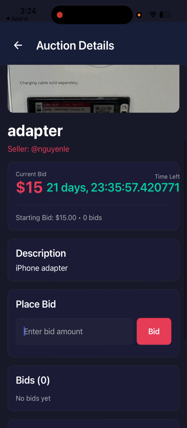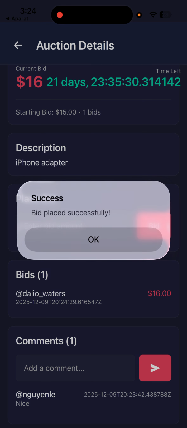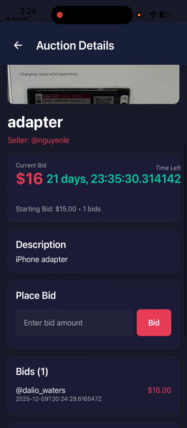And I see that there's a $15 placement bid, so I'm going to do $16. I want to bid on that item. And my bid has gone through, and now the current bid has also